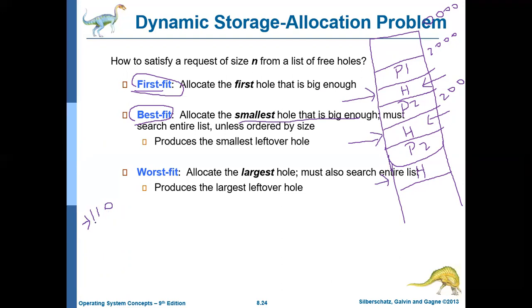Then you allocate this hole. Or you find a hole exactly 100 MB, then you allocate that hole. Or you find a hole with 101 MB, allocate that. That is, you search the entire memory and identify the smallest hole that is big enough to fit this particular process. Whenever you fit a process, there will be some space left over. The remaining space will again be treated as a hole.